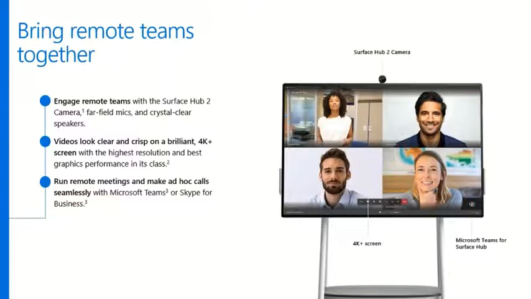So let's talk about a few things that bring remote teams together. We'll start with camera, speaker, and microphone. 4K camera, 90-degree field of view, noise canceling far field microphones, as well as crystal clear speakers. And to dive in, a double click on the speakers, they're pretty cool. There's 2 speakers, one on each side at the top of the screen, built into the screen itself, tweeter and mid-range. And then in the back of the device, on what we call the bump, is an actual bass module that provides more vibrant capability, so that the voices you hear coming from the other side, very human, crisp, and